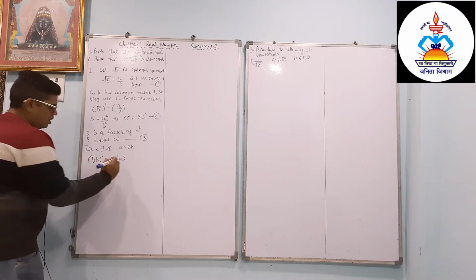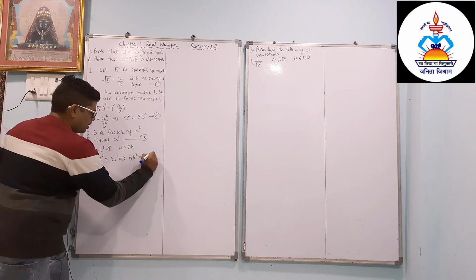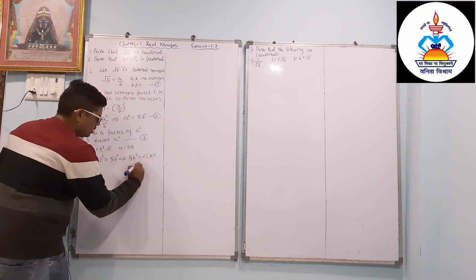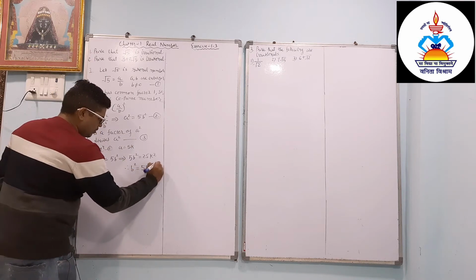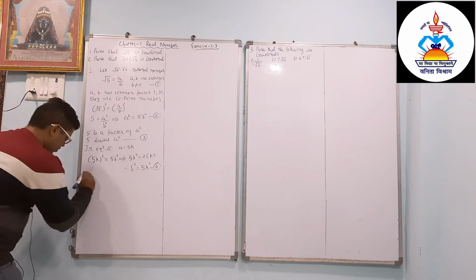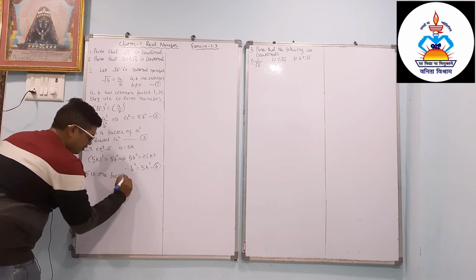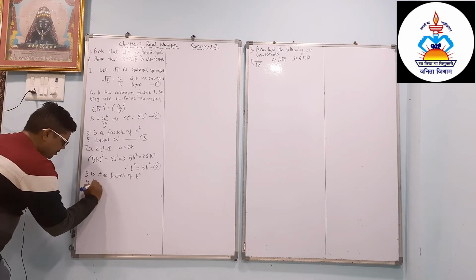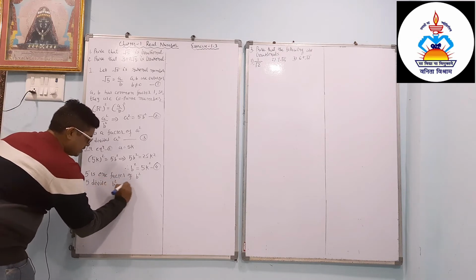So that implies we can write 5b squared equals 25k squared. Now this 5 is going to the denominator, therefore we can write b squared equals 5k squared. Now you can call this result number 4. From result number 4 we can say that 5 is one factor of b squared, so we can also say that 5 divides b squared. This is result number 5.